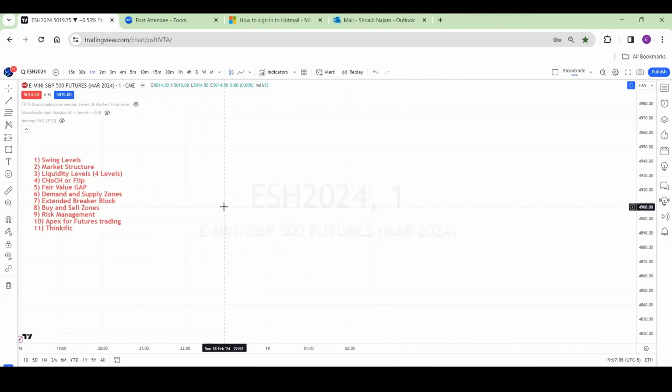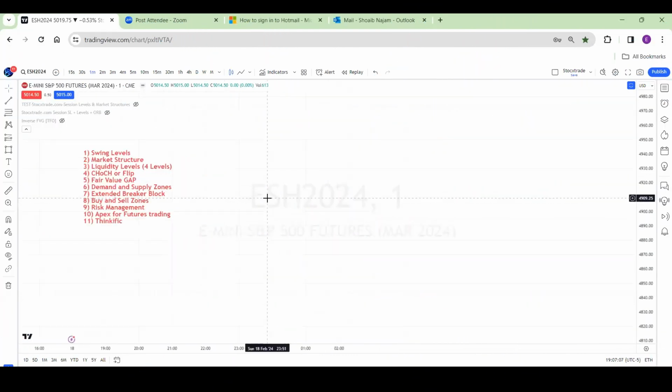Okay, so if you see that, price never moves in a straight line. Suppose in the morning after 9:30, or after 6 p.m. for futures, the price will not move in a straight line. Price always creates higher highs and then higher lows. If this line breaks, it will create another high,